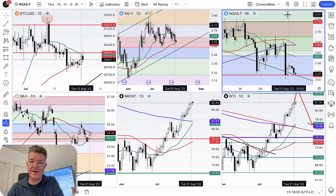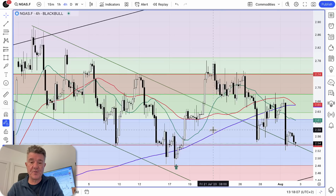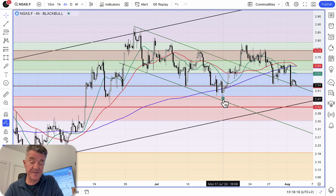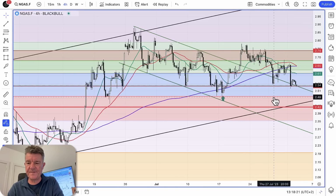Let's have a look at the 4-hour chart, and I'll tell you my strategy going forward. So on the 4-hour chart, it's a little bit more messy. There's a little green arrow there which shows you my current position, which is a 50% long position at $2.51. Now, $2.50, remember, is that 50% Fibonacci level, and it's shown on this chart by the top of this pink